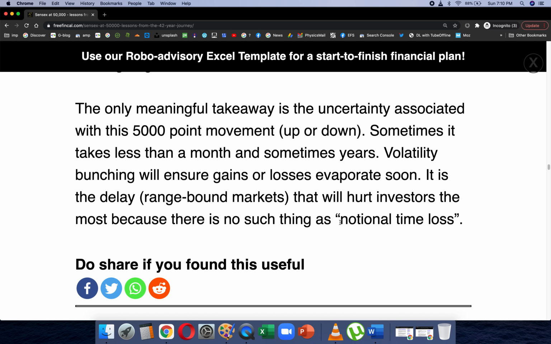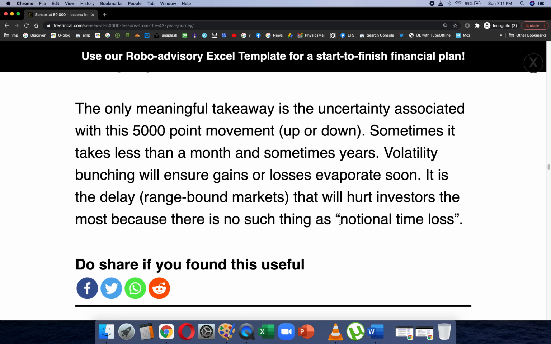It's very clear that the stock market volatility is gradually coming down over the years, and what this means is that, again and again I keep saying the same thing, returns will keep going down in future, and that is the most important point. And the other thing is that when there is a range-bound market, the next 5,000 milestone can come in weeks, or it can come in months, or it can take